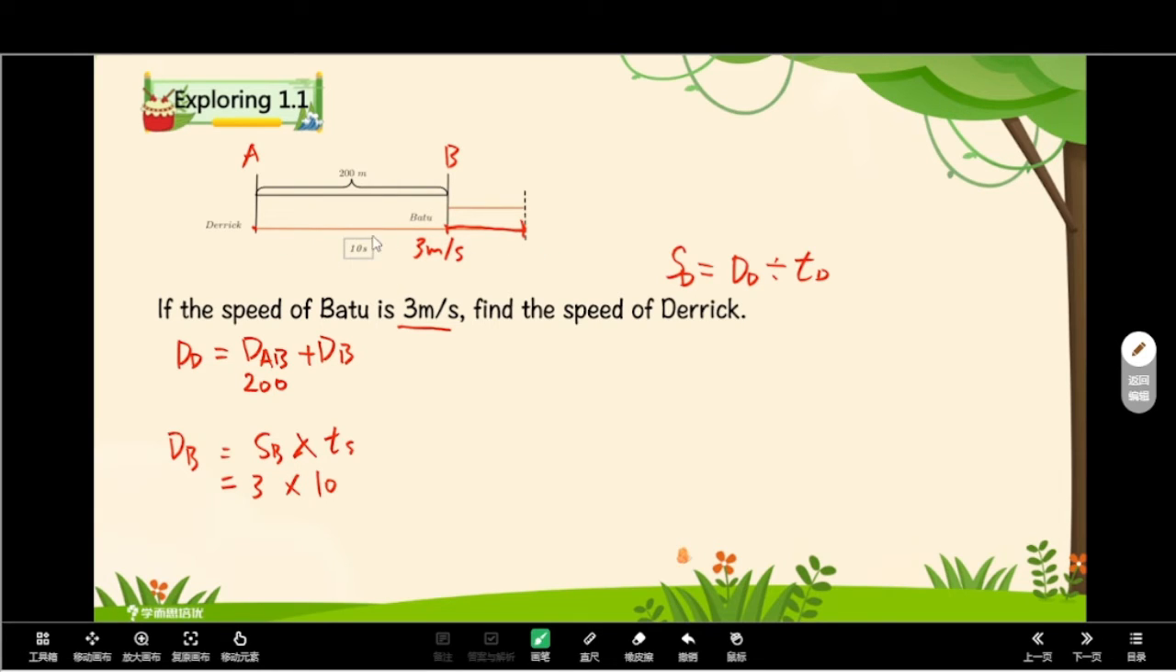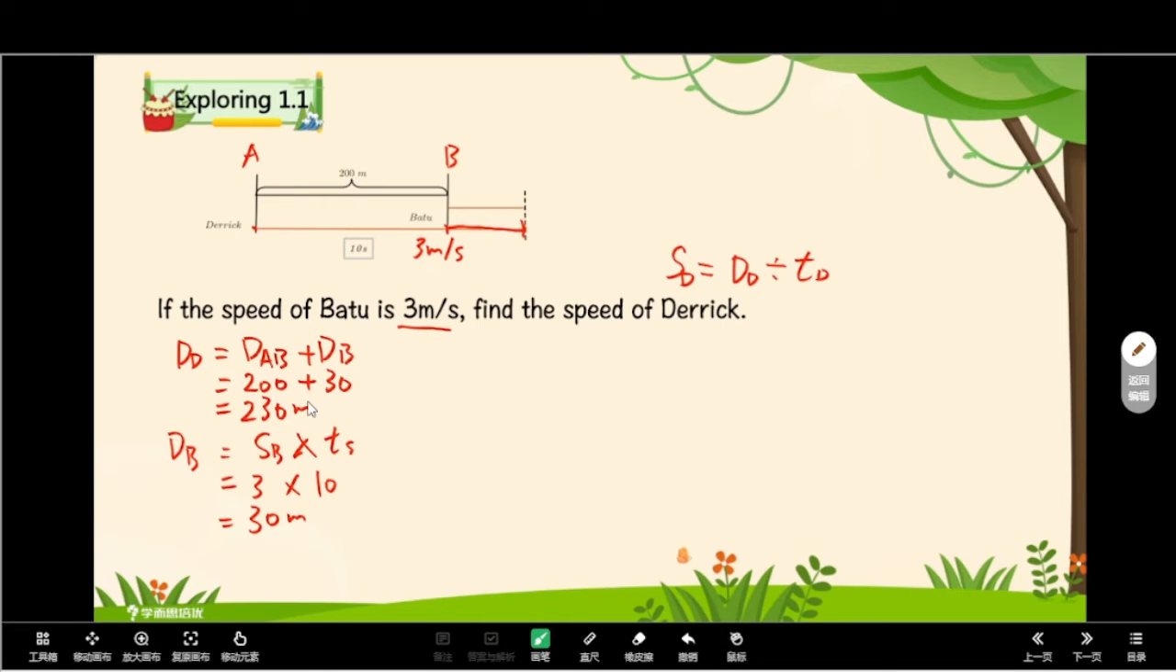巴图, and at the same time 巴图 is also running. So the 10 seconds is also the time for 巴图, okay? And the answer equals 30 meters. That is the distance of 巴图. Okay, then we know the distance of 巴图 is 30 meters, so we can find out the distance of Derek is